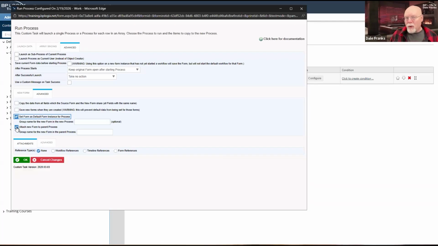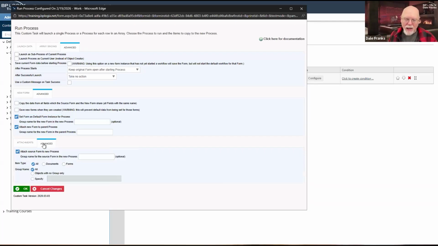So in the parent process, I have a reference to an instance of all of my sub process forms. And normally, if there are attachments associated with that, we would do the same down here too, attach the source form to the new process, pull attachments down, and obviously send attachments back up to the parent process.